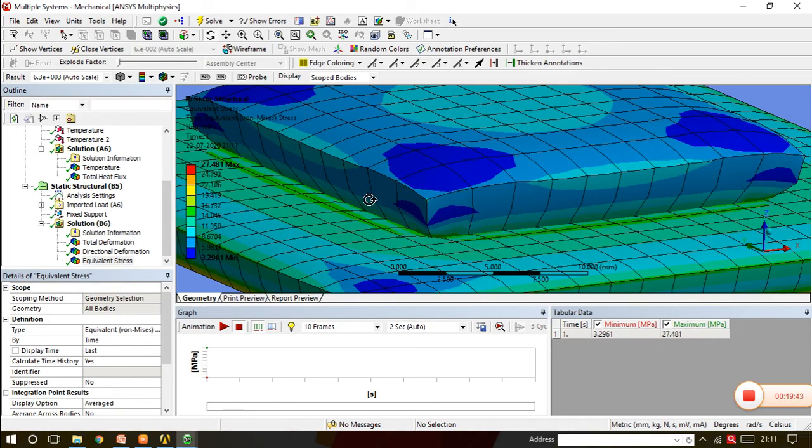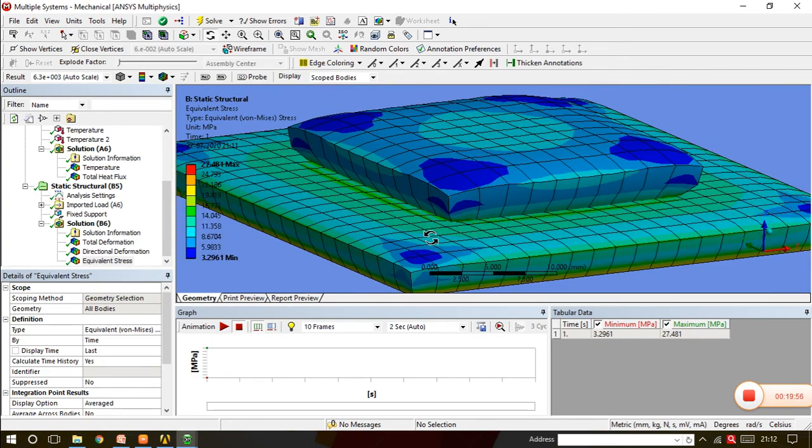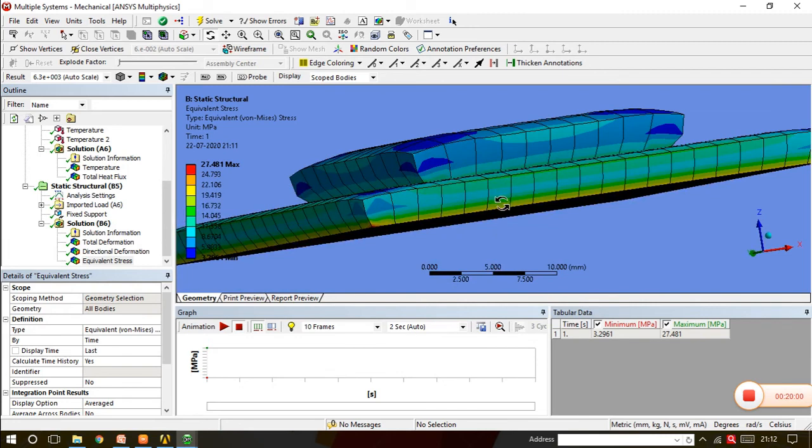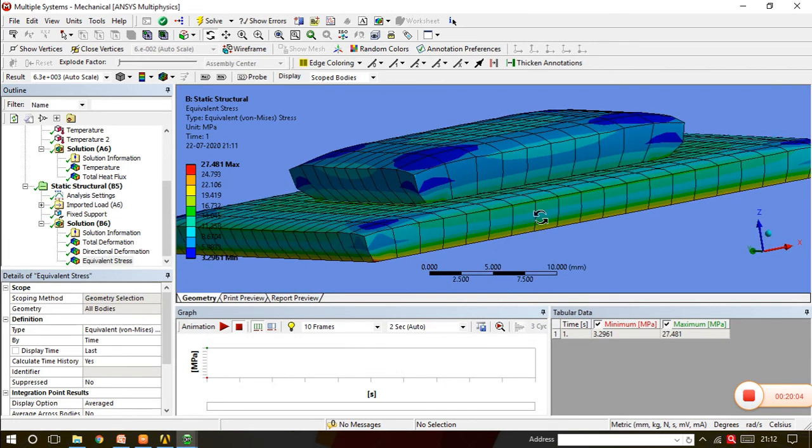So this is the place where we are getting the maximum stresses at the contact, because this contact region is not allowed to expand, due to which we are getting the maximum stresses at this region. And this particular region at the bottom will also experience the maximum stresses, because this portion is not freely expanding.